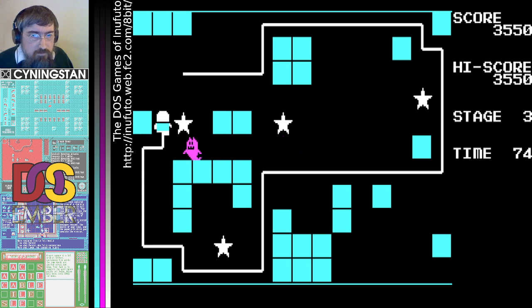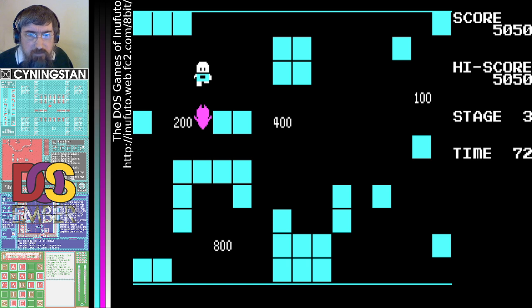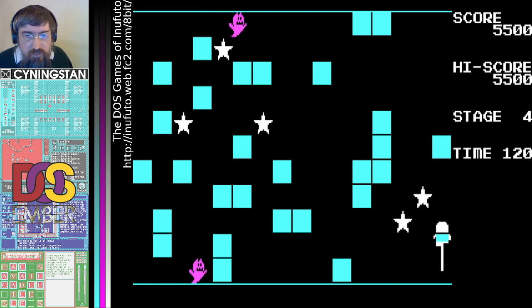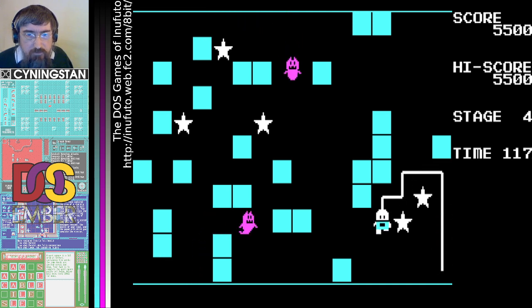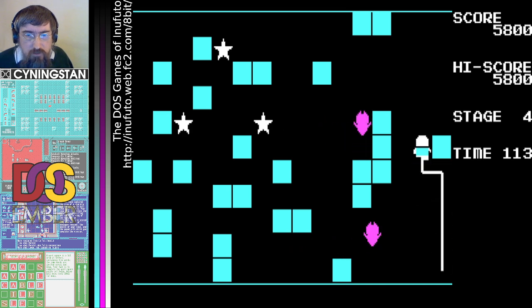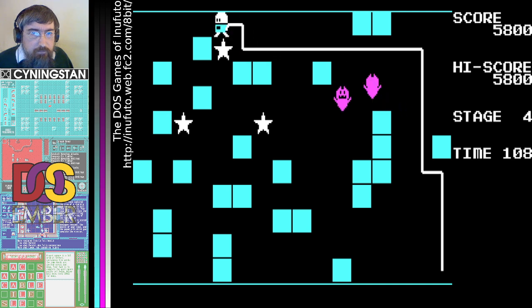So yeah, you get the best score by enclosing all of them. So yeah, 100, 200, 400, 800. So it starts at 100, and for each star that you enclose in one go, it doubles the score.